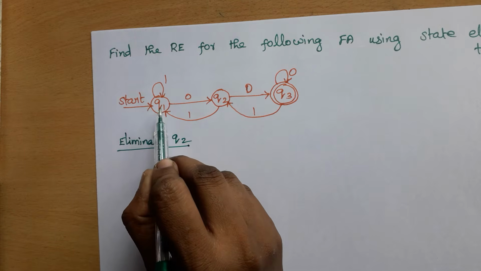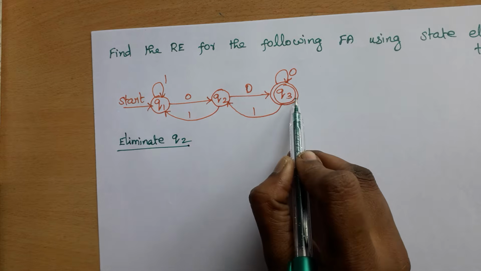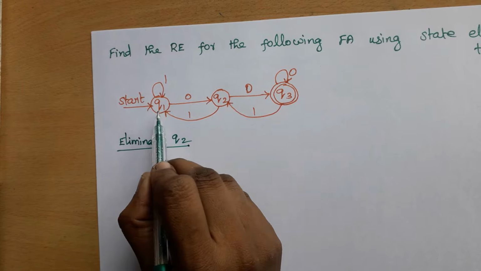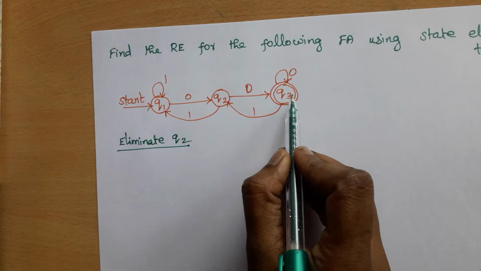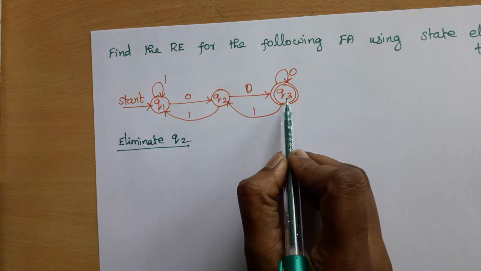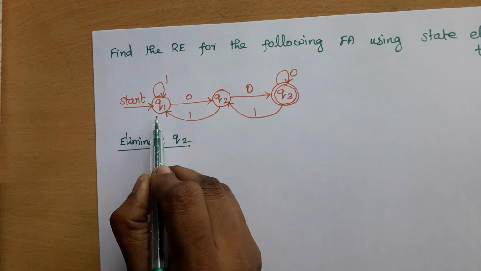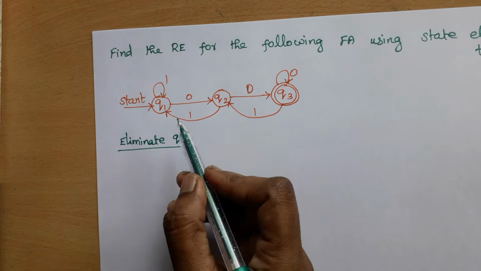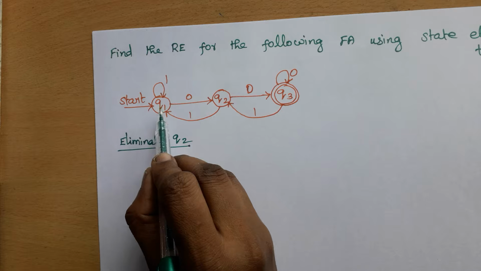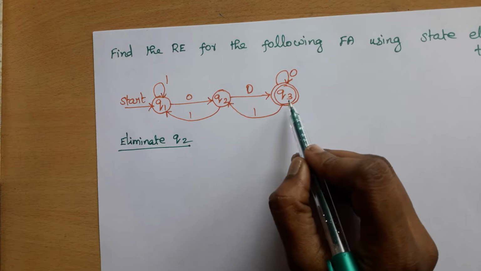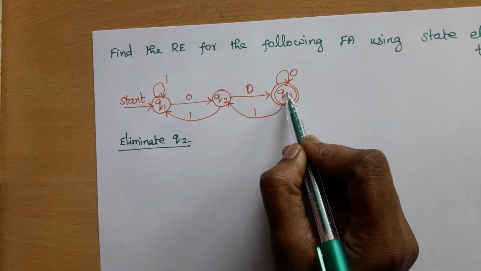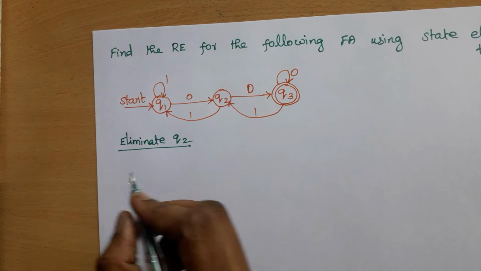Okay, so first we have to consider Q1, Q2, Q3. The meaning is Q1 is predecessor for Q2 and Q3 is successor. Then we need to consider Q3, Q2, Q1. So Q3 is predecessor, Q1 is successor. This is the second case. In the third case, we have to consider Q1, Q2, Q1. In the fourth case, Q3, Q2, Q3. So there are 4 cases.